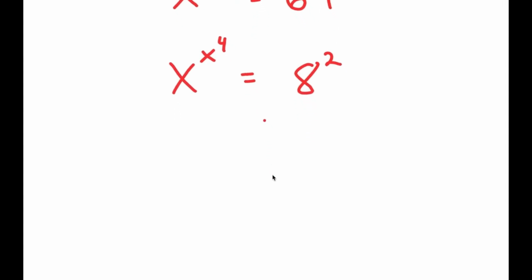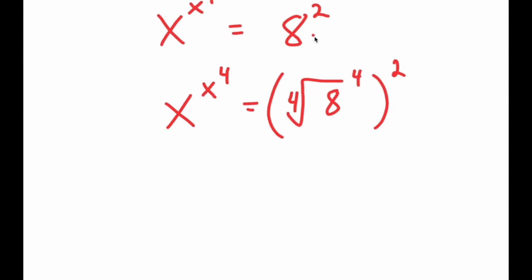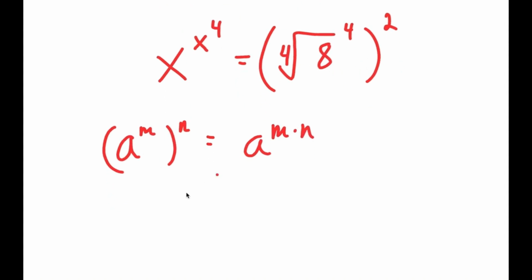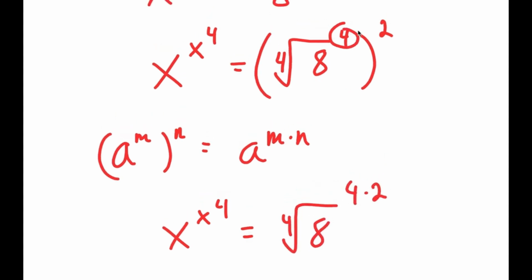Now, I'm going to rewrite 8 squared as the fourth root of (8 to the power of 4) squared, because the fourth root of 8 to the power of 4 is just 8, so this is just 8 squared. And now if I have something in the form (a to the power of m) to the power of n, this is equal to a to the power of m times n, so it's going to equal the fourth root of 8 to the power of 4 times 2, because the 4 and 2 multiply,